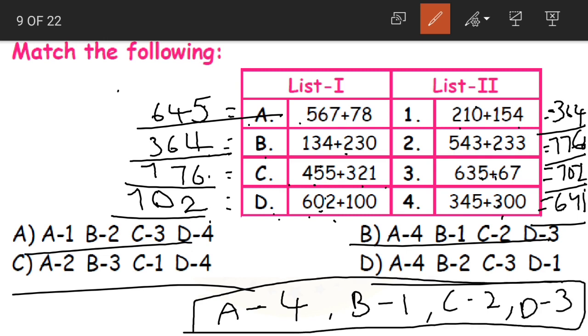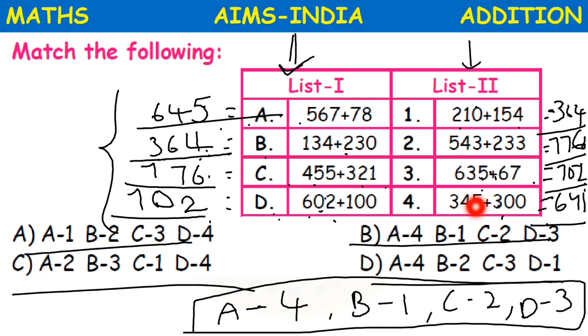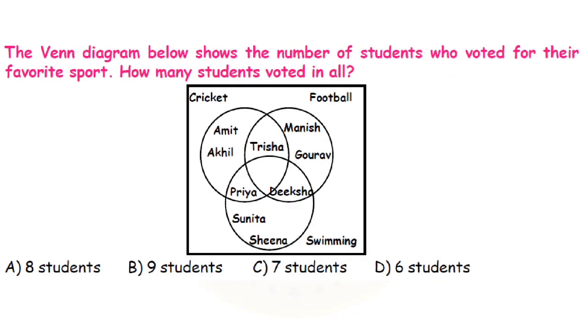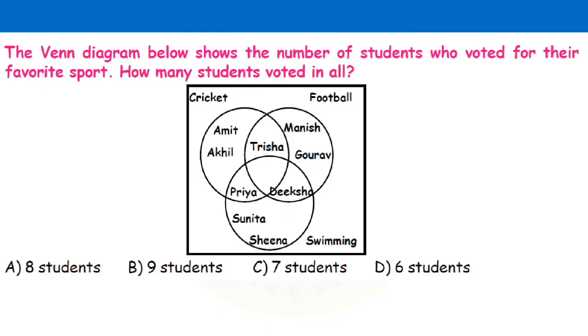Okay, children. Now this is another way of solving this question. Write all the answers and then cross check which number in list A is equal to the option in list C. Now what is the correct option here, children? Option B. A 4, B 1, C 2 and D is equal to 3. Moving on to the next question.